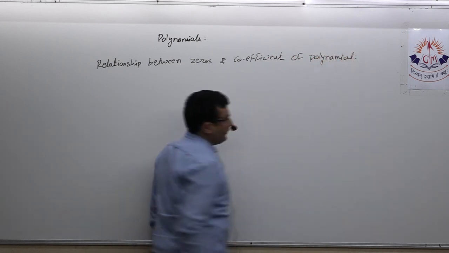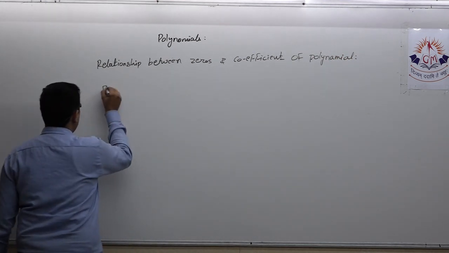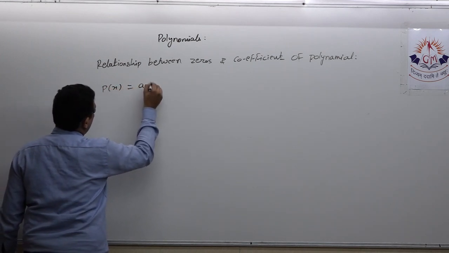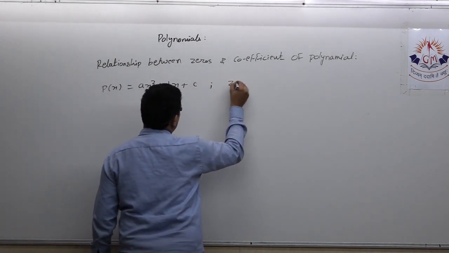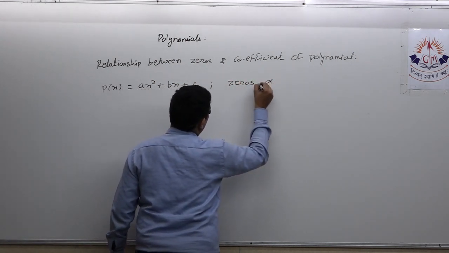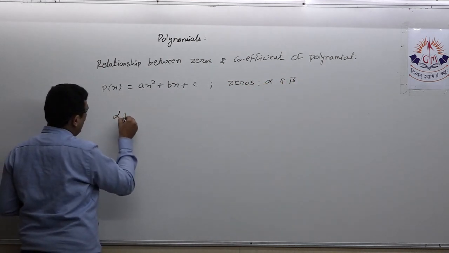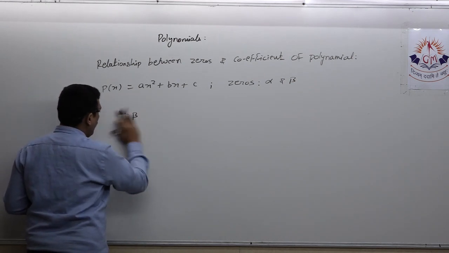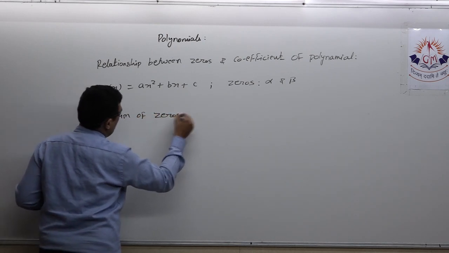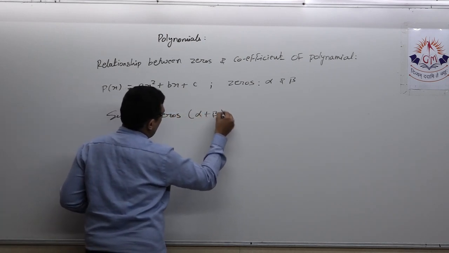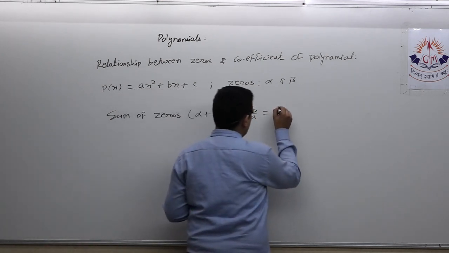So over here basically we have to work on the quadratic polynomial. Suppose we have a polynomial p(x) equal to ax square plus bx plus c, and let the zeros be alpha and beta. So what you have to remember, alpha plus beta, that is the sum of zeros, is equal to minus b upon a, or in other words minus of